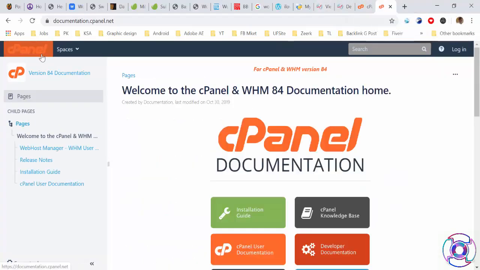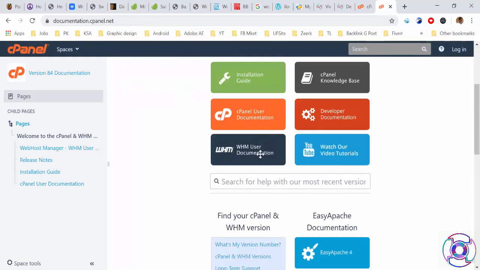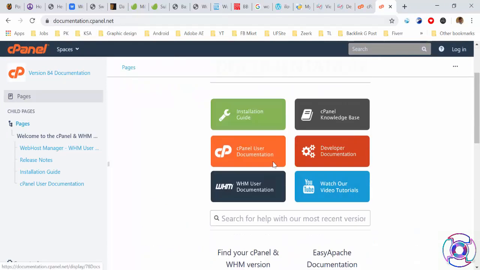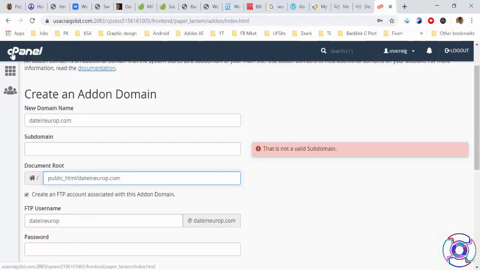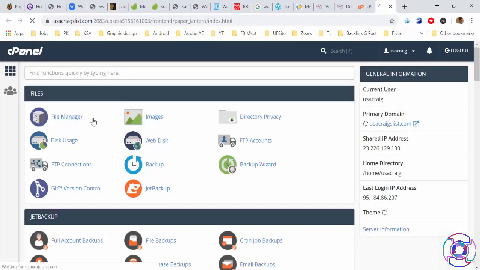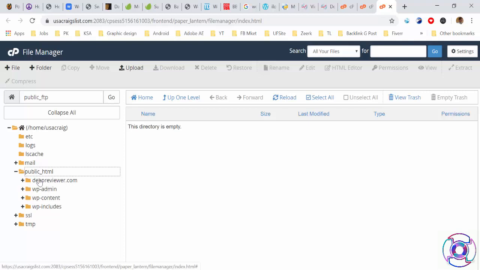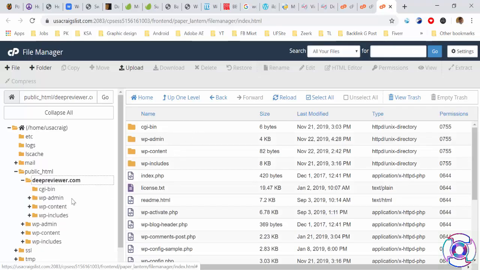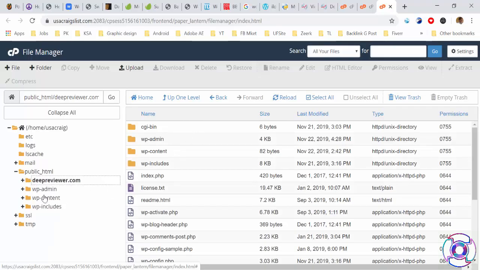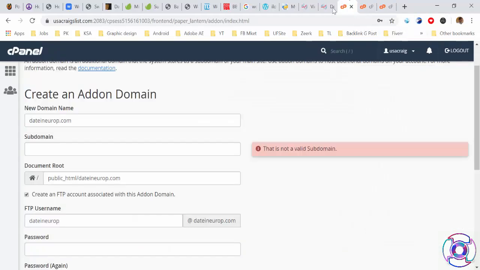So this is the documentation at cpanel.net. This is all about WordPress, and I'm going to click on cPanel. In the file manager, under public, we have our domain name here. So I'm going to enter that home public HTML.